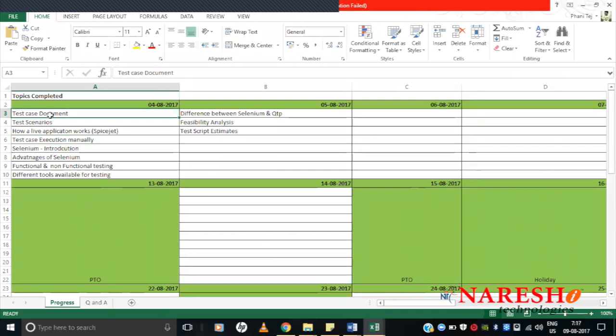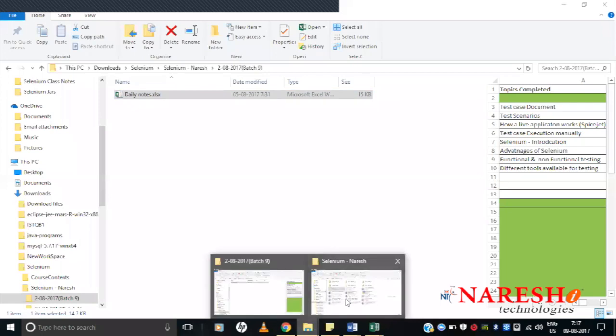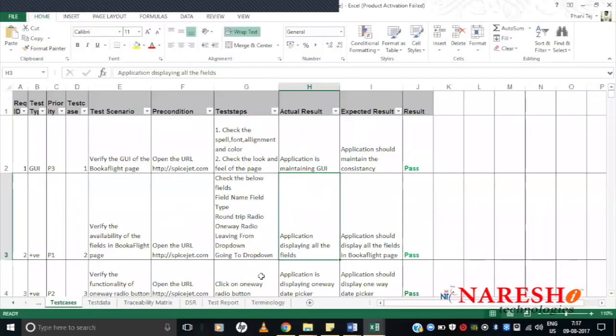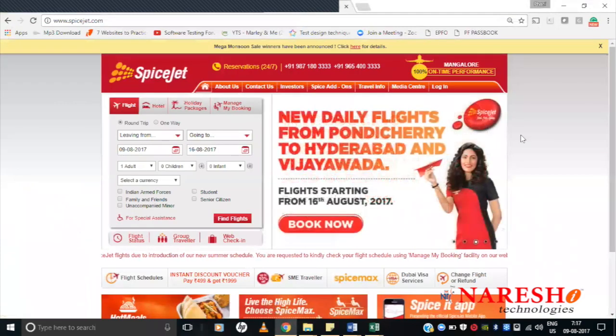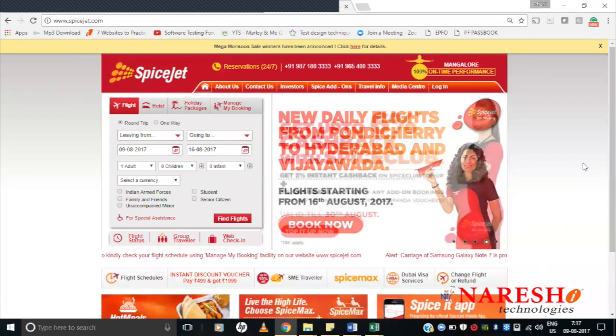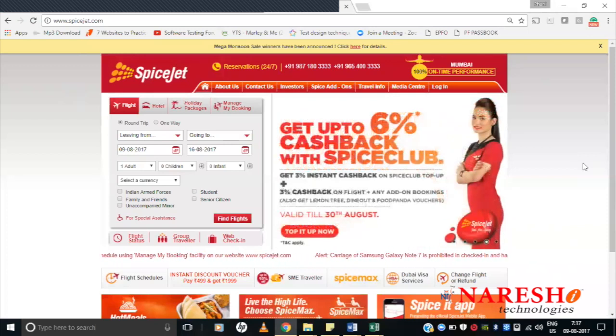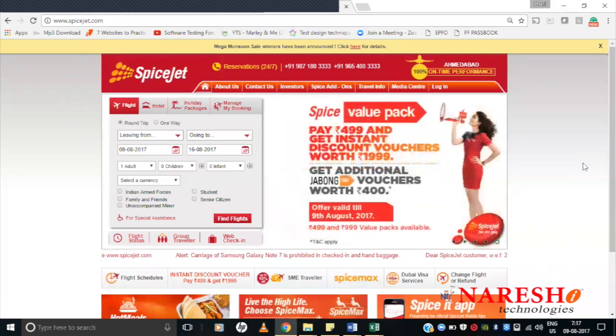So what have we discussed till now? We have seen what a test case document looks like. Let us quickly open a test case document. Why do we actually need a test case document? How does a testing process originate? How do we start testing of any web application? The whole story begins from there, and that is what we call the software testing lifecycle, STLC. So what is STLC? STLC has all the steps and protocols that you have to follow whenever a web application is given to you.